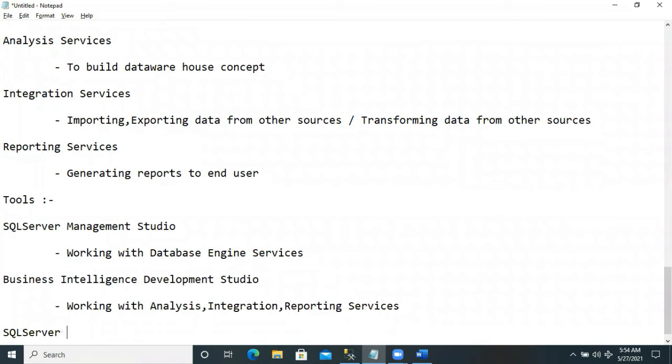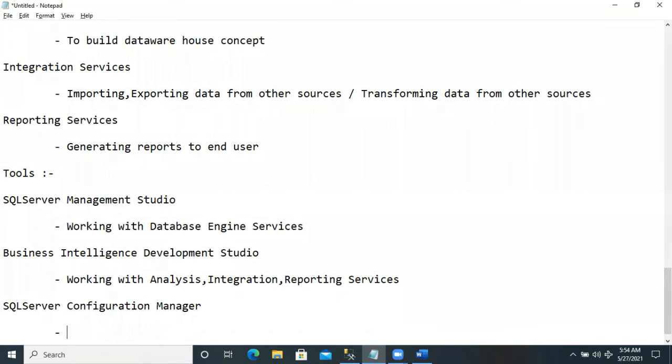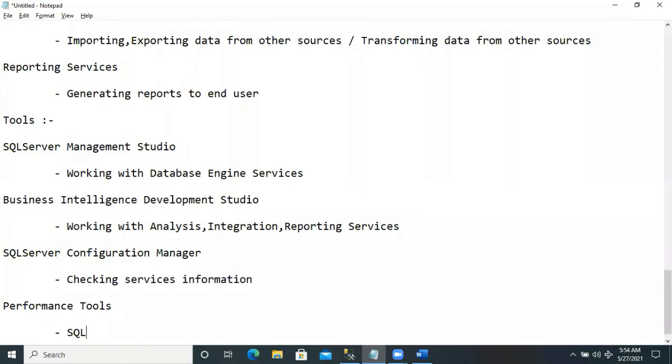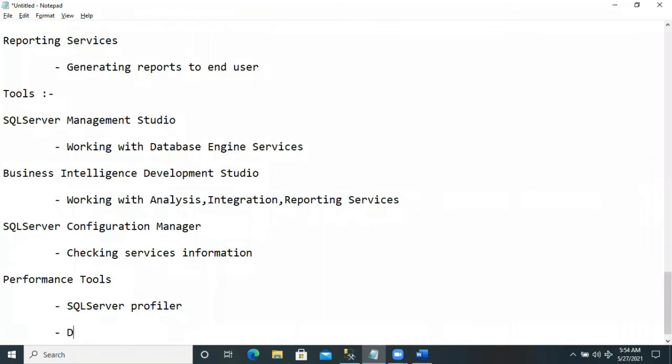The SQL Server Configuration Manager, for checking the services information. Performance tools are SQL Server Profiler and DTA, Database Engine Tuning Advisor.